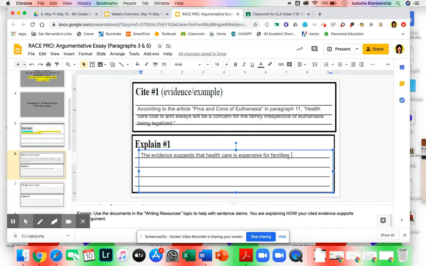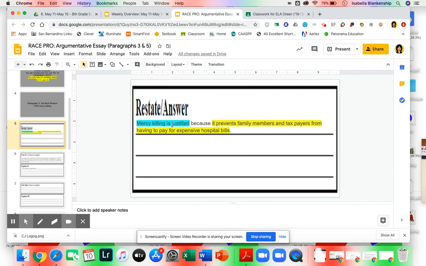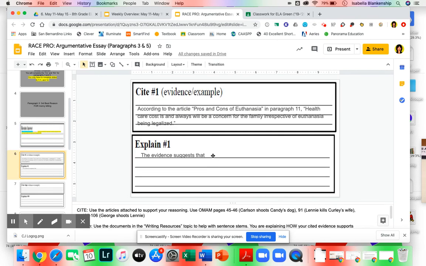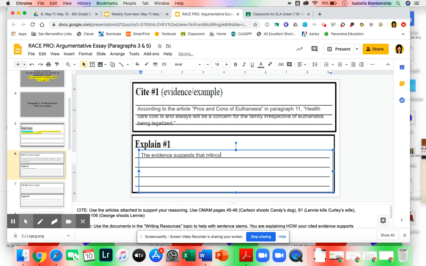So we need to make sure we're not just rephrasing what we quote, but we're explaining how it supports our own argument. So thinking back to what our original argument is, mercy killing is justified. It prevents family members and taxpayers from having to pay for expensive hospital bills. Then we need to tie it back to that. So we're going to start with that topic again. The evidence suggests that mercy killing causes